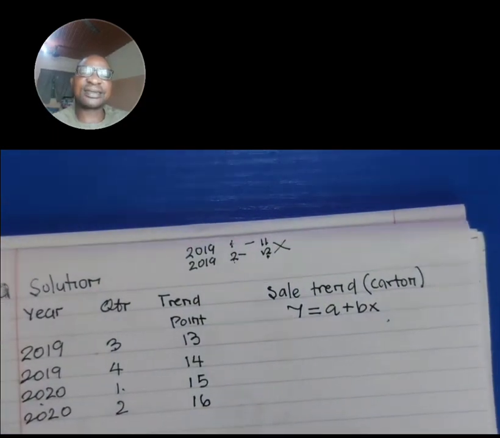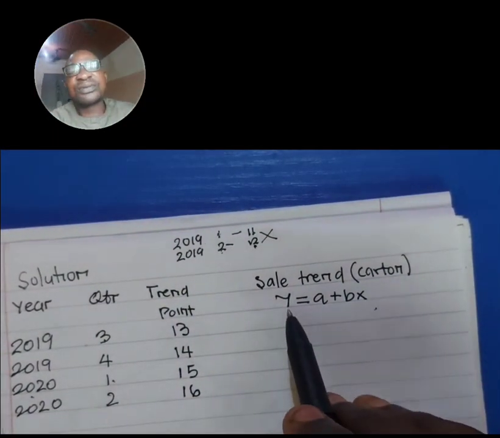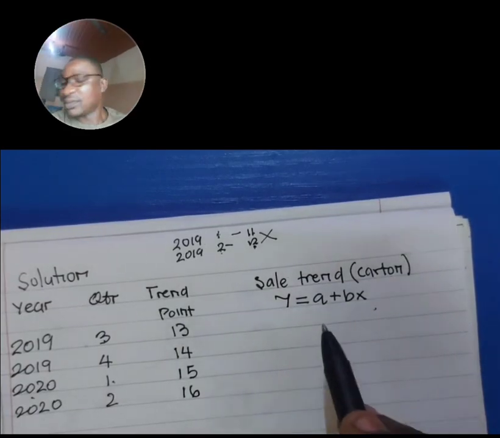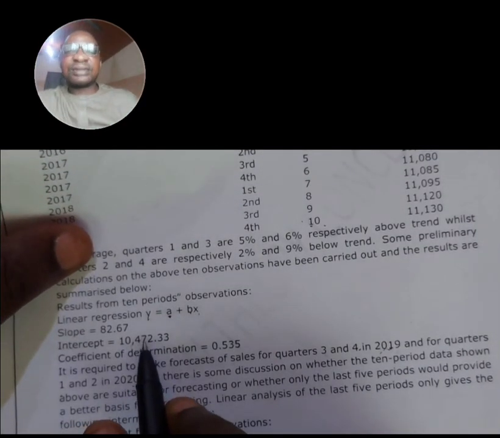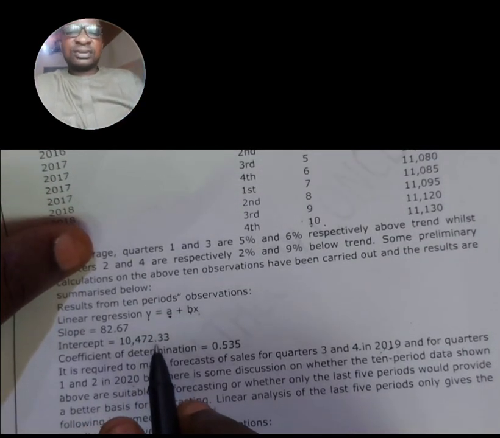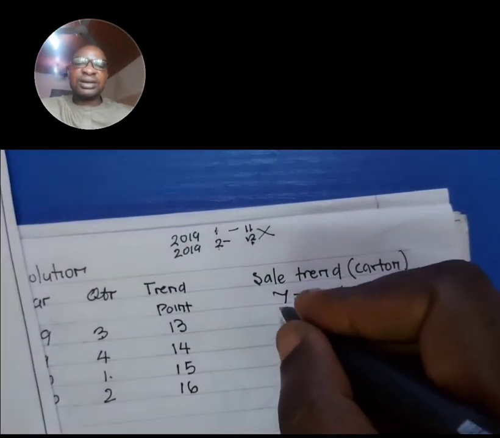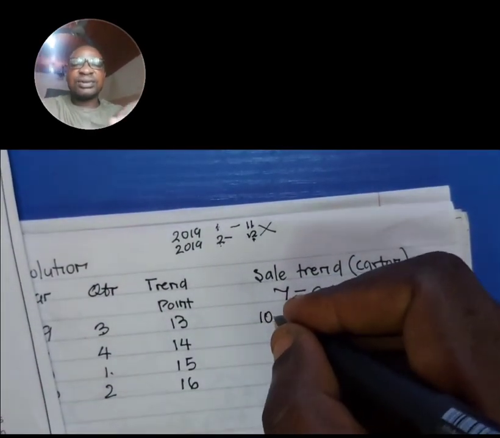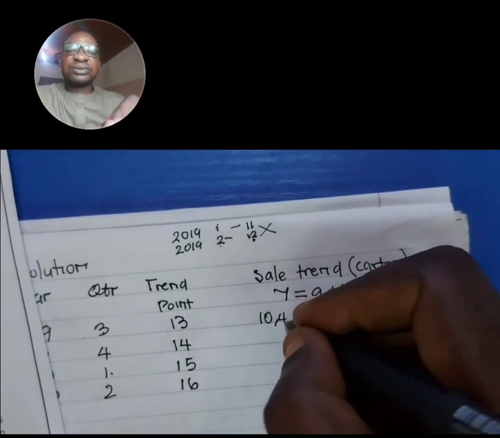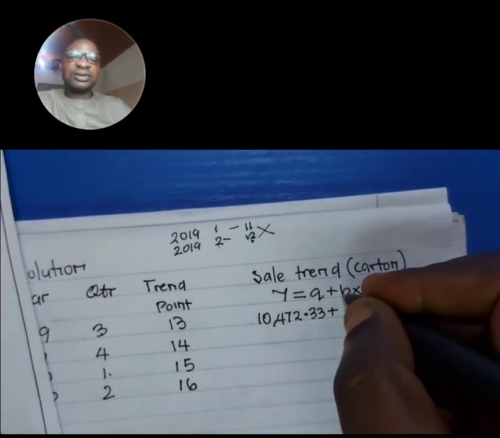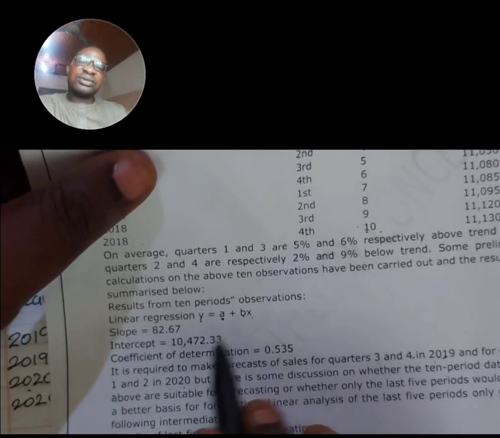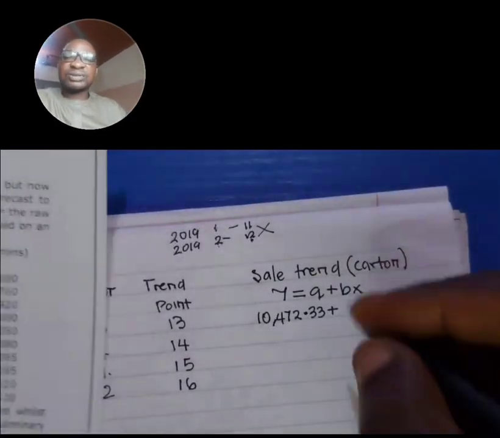16. Then our Y value now. What is A? A has been given to be the intercept, which is 10,472.3. So our Y value will be 10,472.33 plus our B. Our B is the slope. So what's the slope? 8,